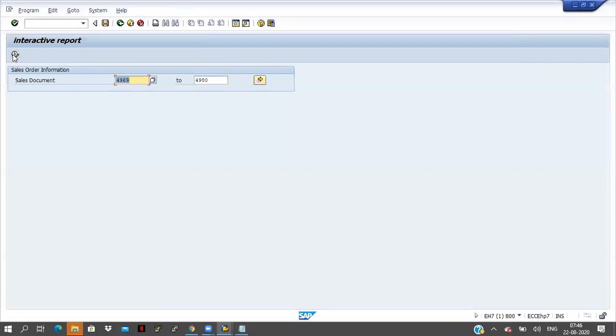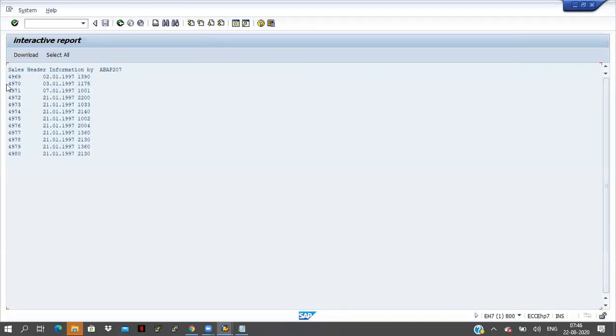Okay, some data will come here. So I want to download only particular lines. I will give some checkboxes and I will download that one. And one more thing: some data is coming like this. I will give a checkbox, and I will display this one in editable mode.